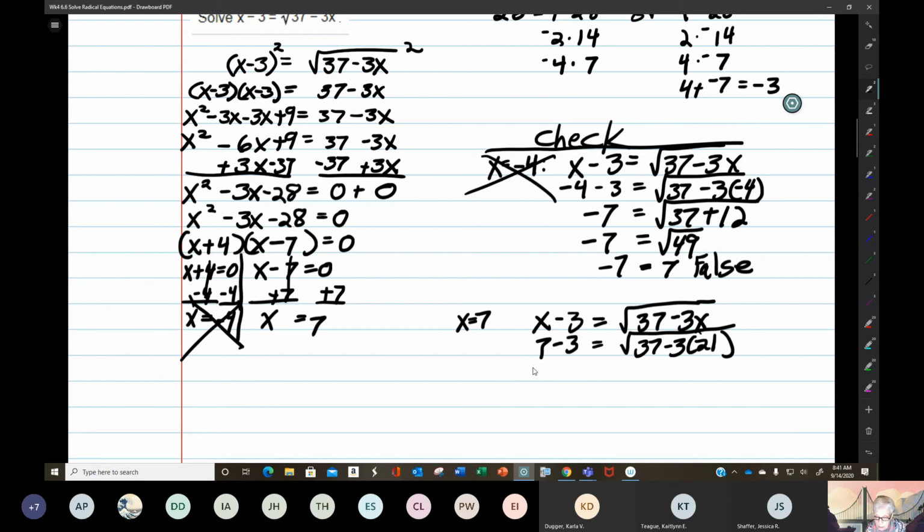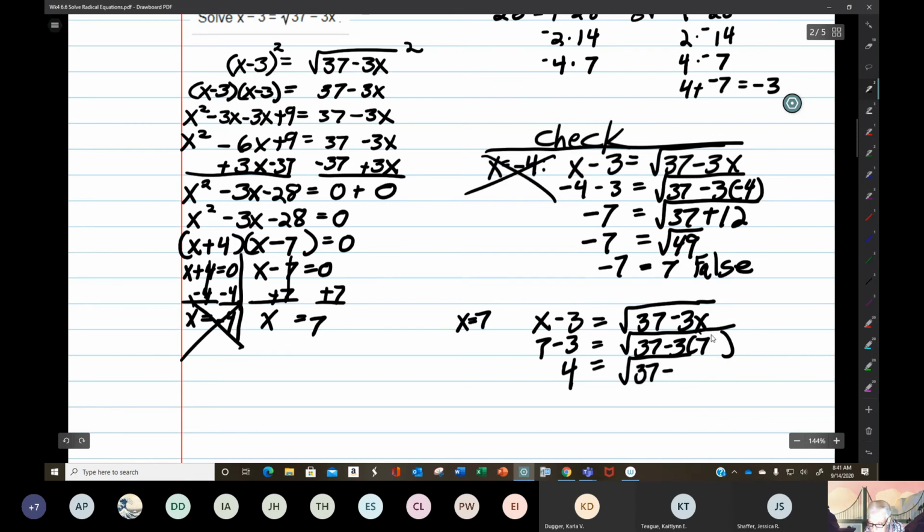I know that 3 times 7 is 21, and I did it in my head, and I stuck a 21 in there. You have to be careful, and I wasn't being careful. I'm glad I caught it. 7. All right, so 4 equals the square root of